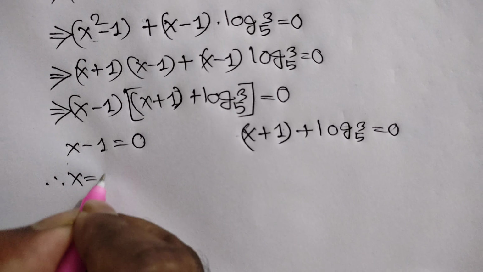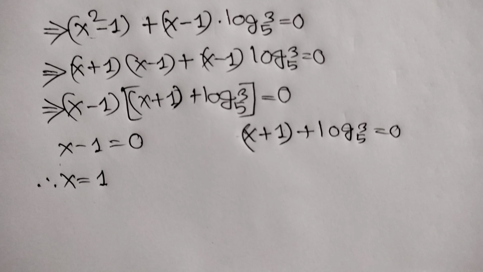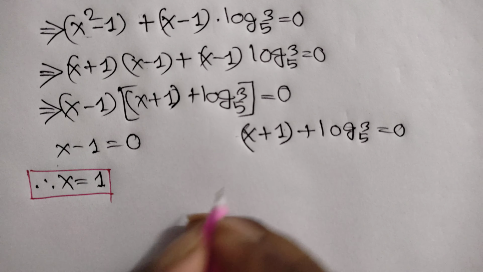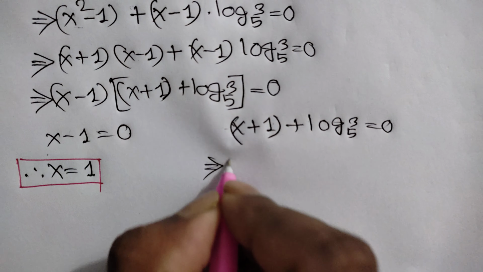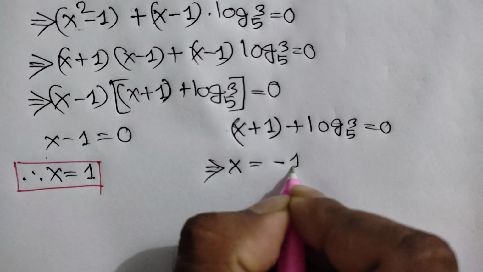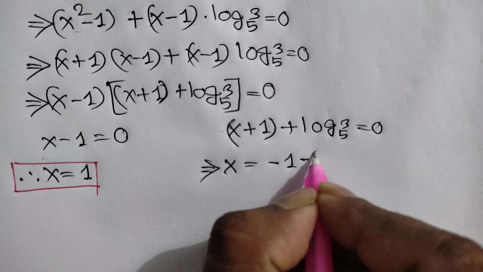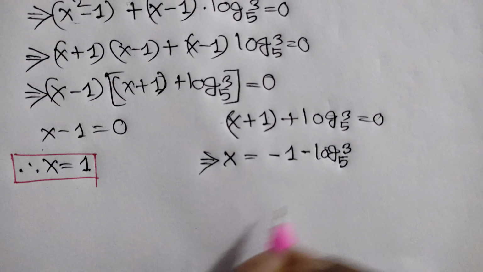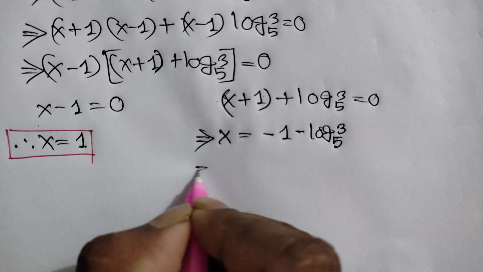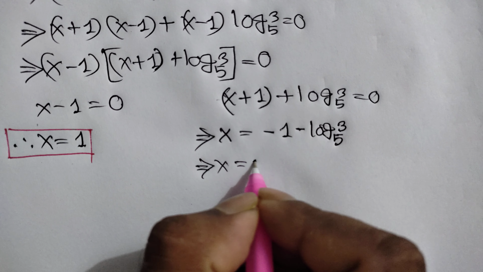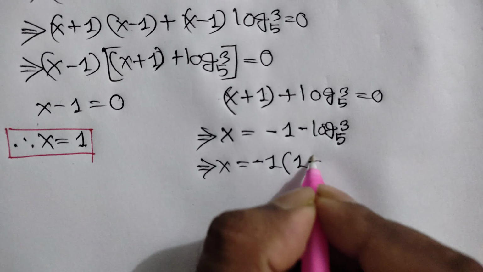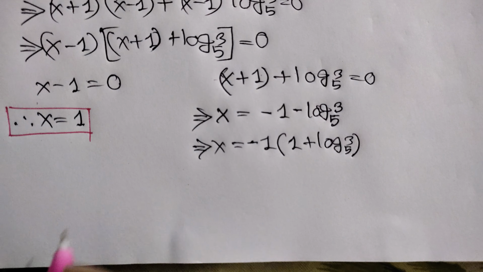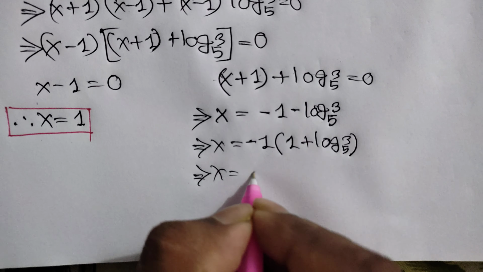Here we will get x is equal to 1, and it is our first value of x. Or here we can write x is equal to negative 1 negative log of 3 base 5, or x is equal to, now taking common negative 1, we will get 1 plus log of 3 base 5, or x is equal to negative 1 times